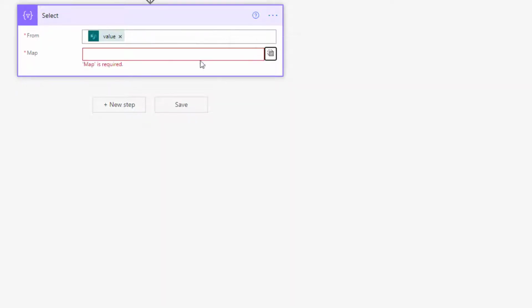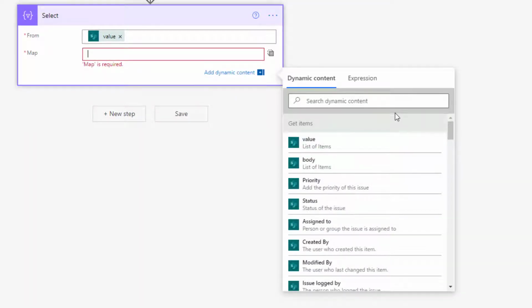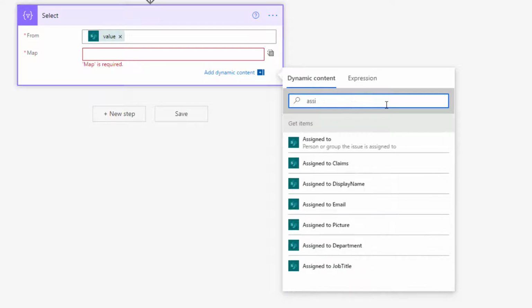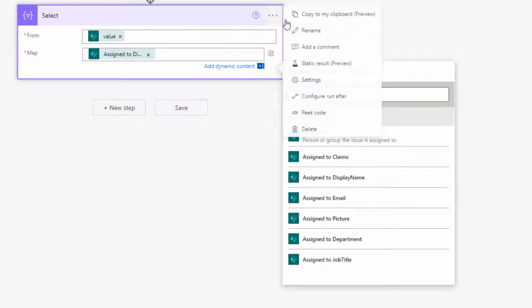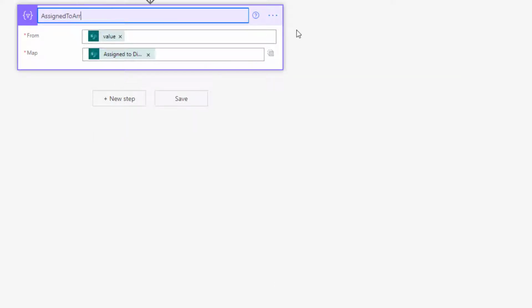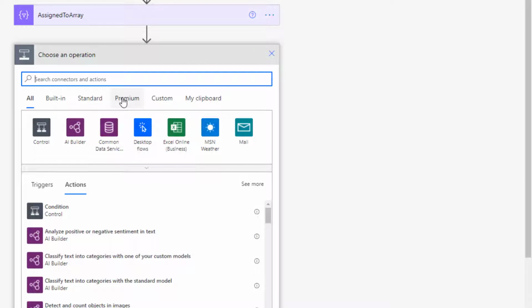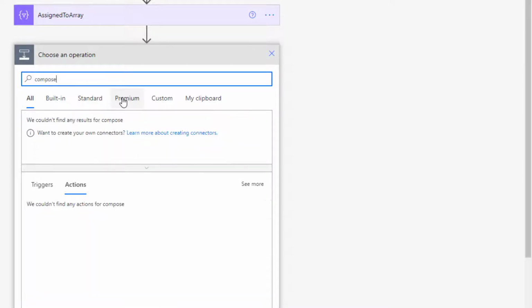I'm going to put it into text mode and I just want the assigned to display name. So this is going to produce me an array of items that have been assigned, just assignee names, but there will be duplicates in there.